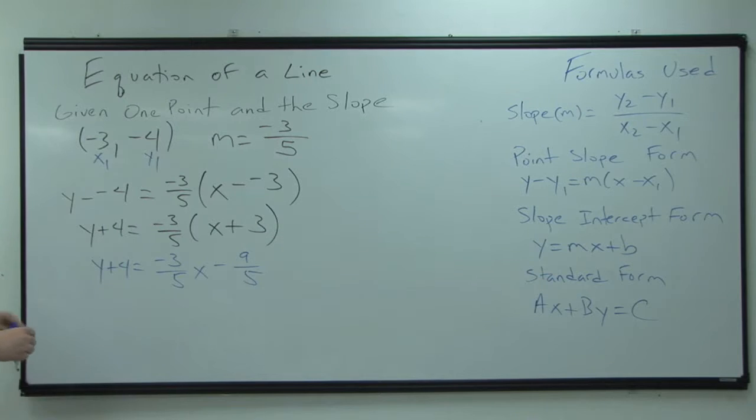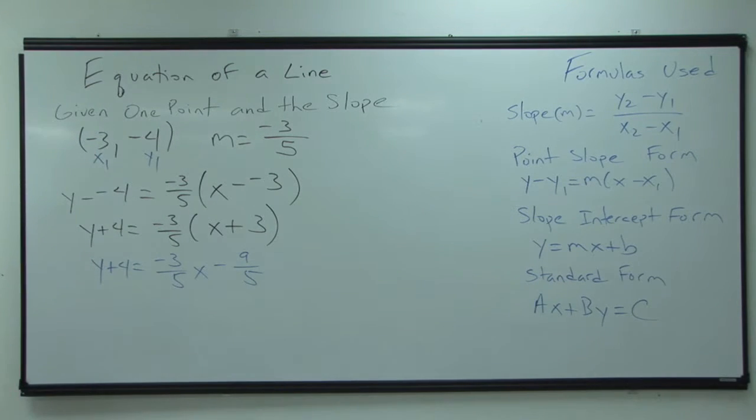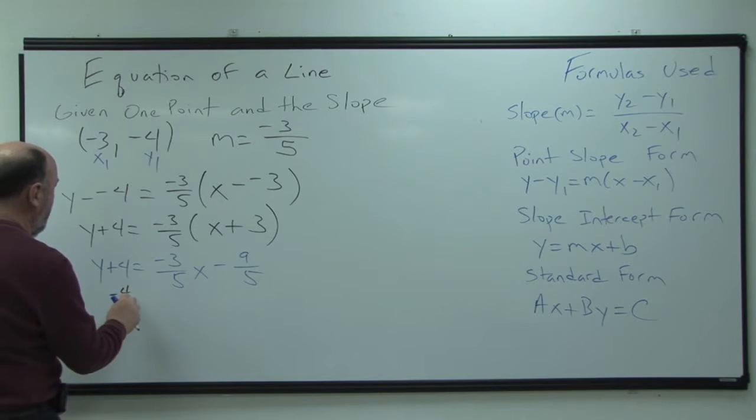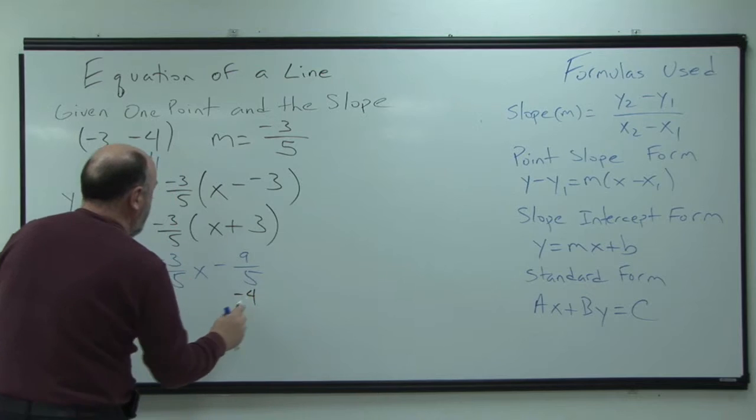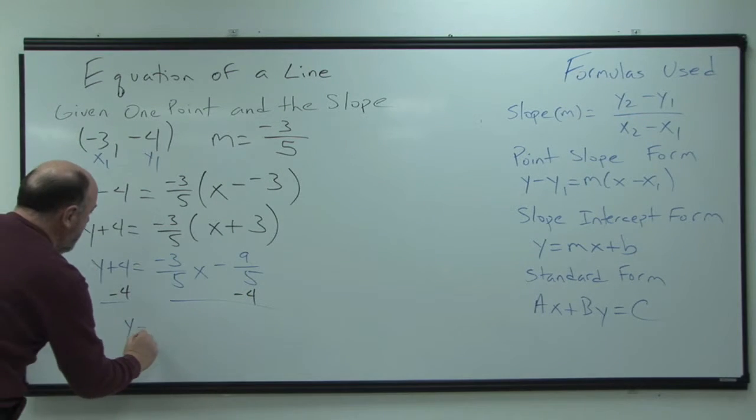9/5. Next thing we want to do is take this 4 and bring that over to the other side. So the opposite of adding is to subtract. So we'll subtract 4, subtract 4. So we get y equals negative